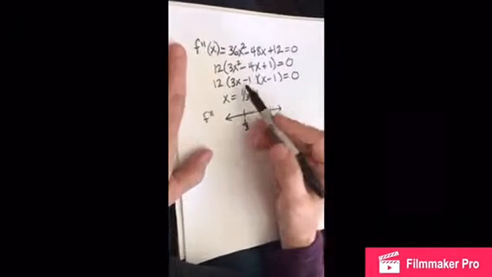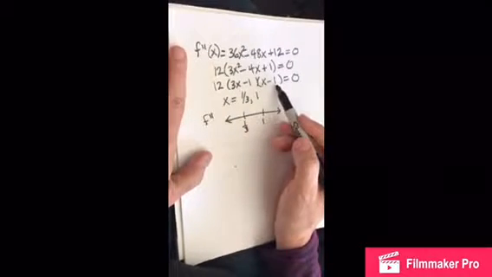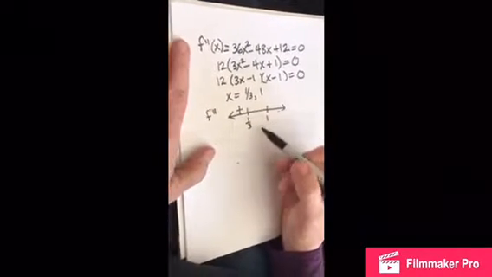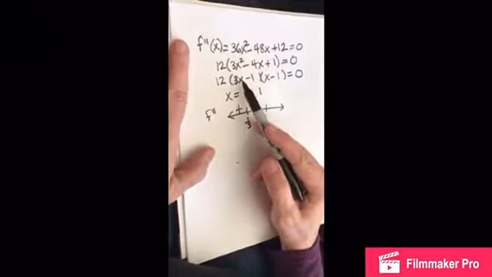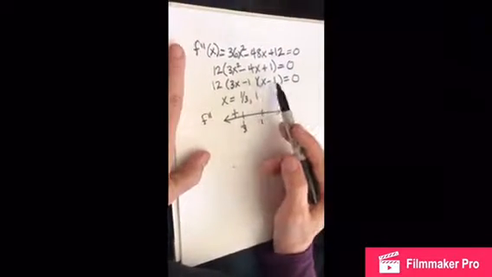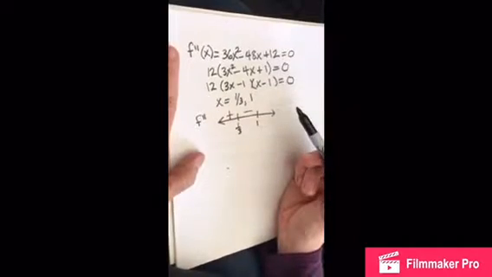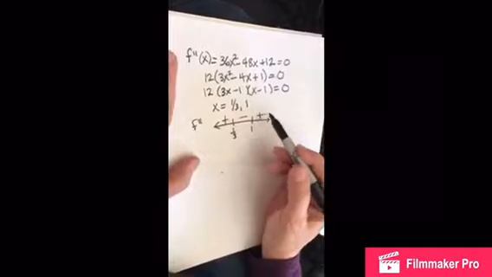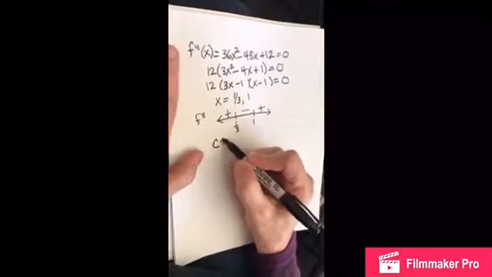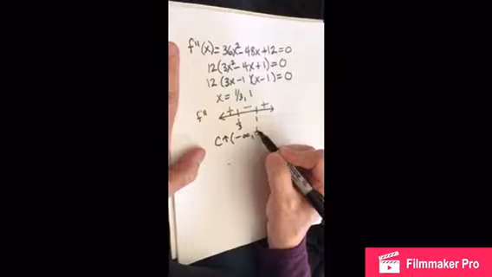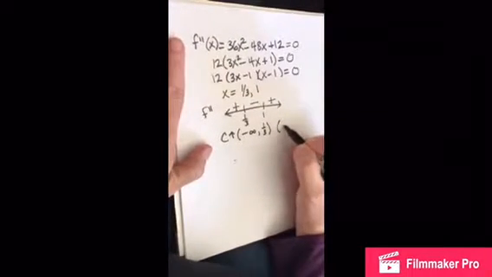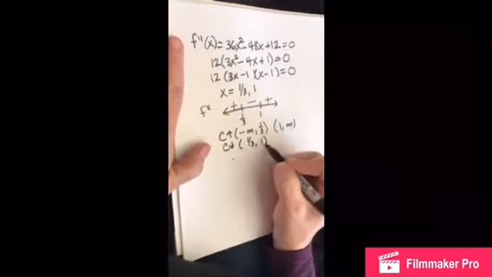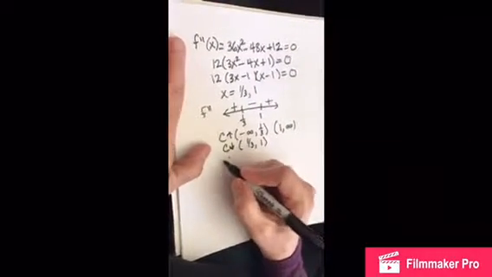So if I put a 0 in here, this would be negative and this would be negative, which means this is positive. Something in between here, say a 2/3 maybe, that's going to be positive, that's going to be negative, so that's a negative. If I put something like a 2, positive, positive, positive, so that's positive, which means it's concave up from negative infinity to 1/3 and from 1 to infinity, and it's concave down from 1/3 to 1. So these are both points of inflection,